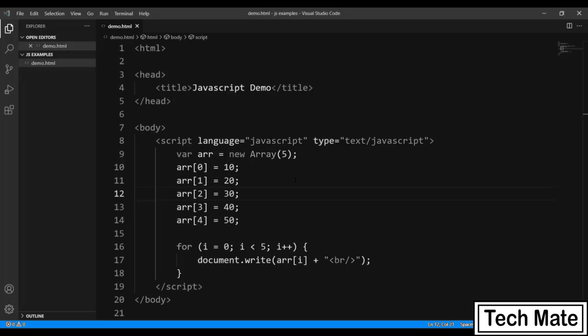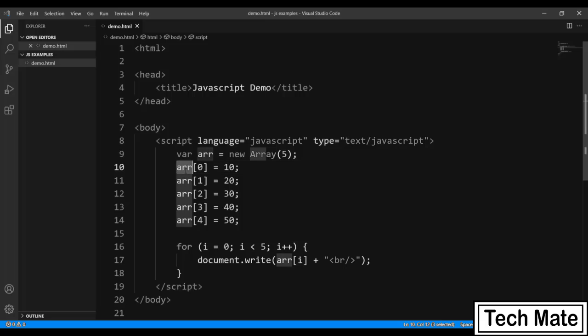So now in this implementation of arrays, as you can see, first of all I have defined the array of length 5 and I have used the new keyword for allocating a new and fresh space for this particular array. The size of the array is 5, that means it will create 5 separate element blocks in which you can put a specific value. And to point out those particular blocks, we can pass the index. So here you can see the index is starting from 0, then 1, 2, 3 and 4. So in this particular index you can assign any type of value.